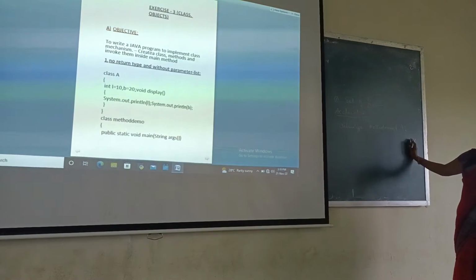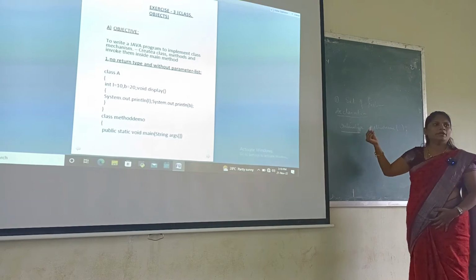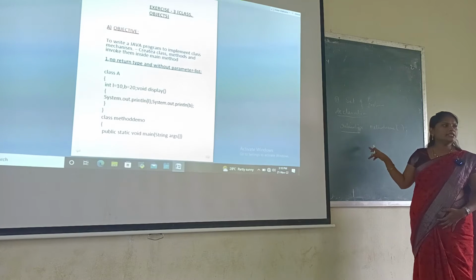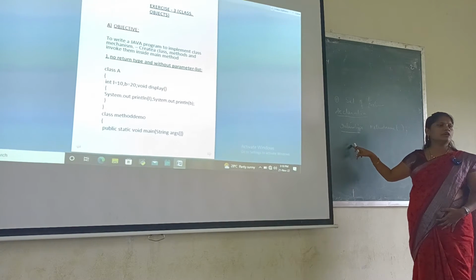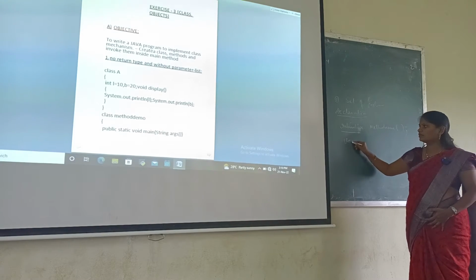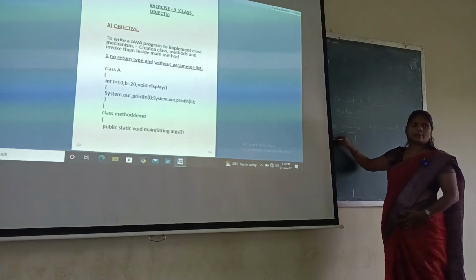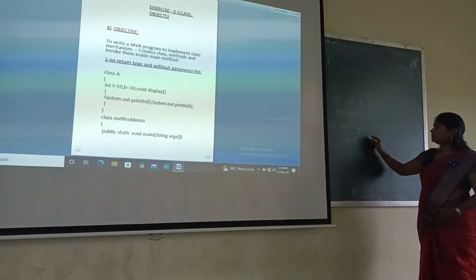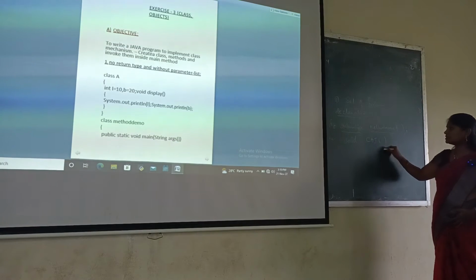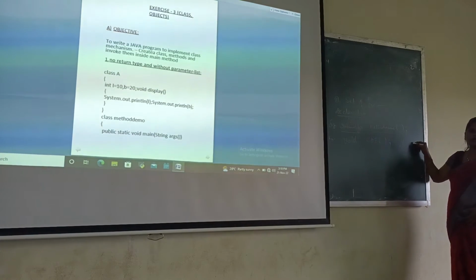This is the declaration of a method. So return type: maybe it returns an integer value, then the return type is int. If it returns a float value, then the return type is float. If it returns nothing, then the return type is void. So this is the syntax, this is an example. So method name, CAI is a method name, method braces and with semicolon. This is called method declaration.